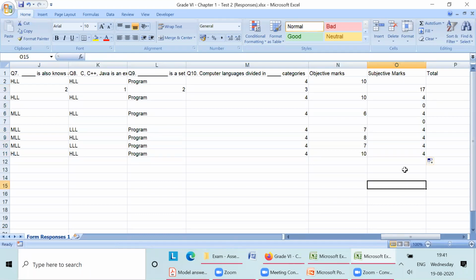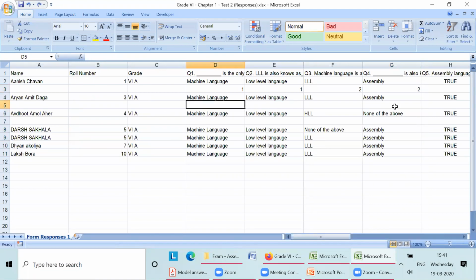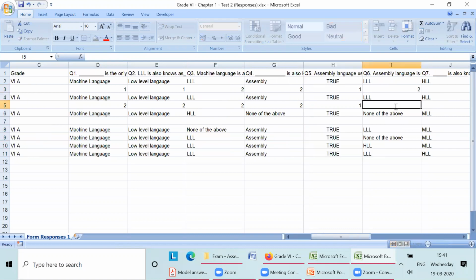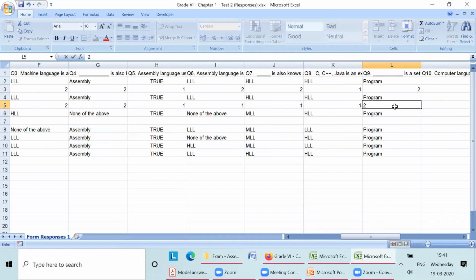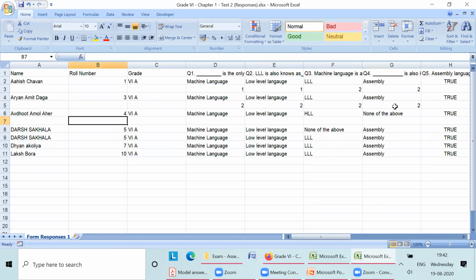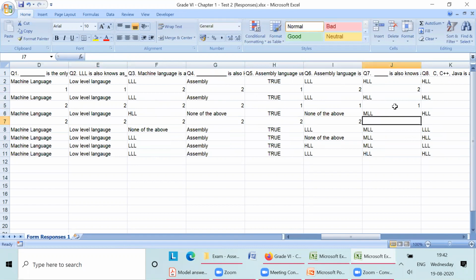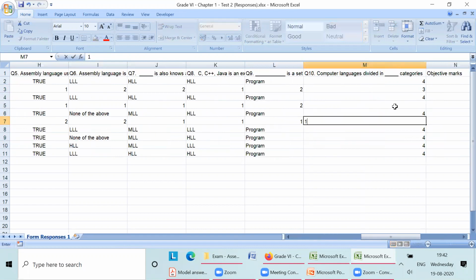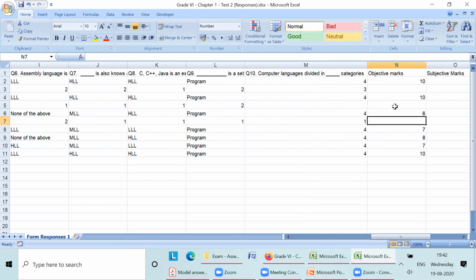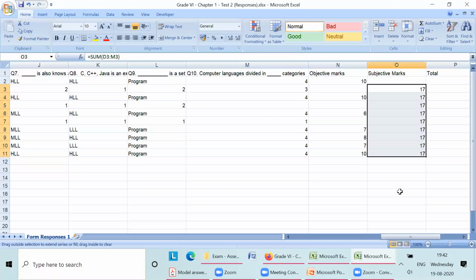So for the second student, I will allocate a few marks. Like this, I'm allocating the marks. For the third student, I will allocate a few marks. Now I will drag this for the students.